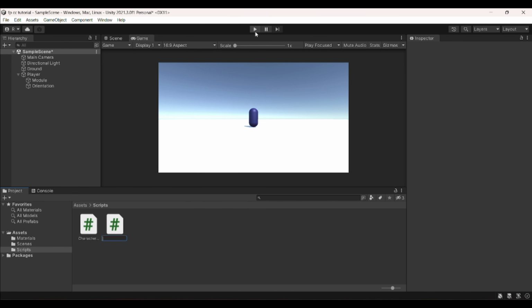Okay, now that we're done, we can create a camera controller script and then open it up.